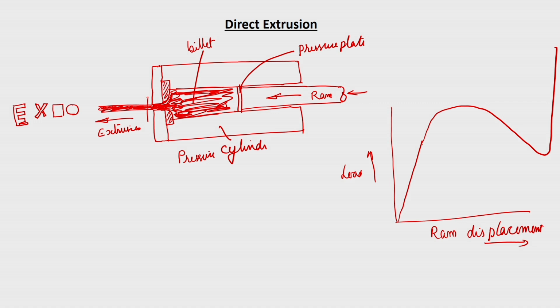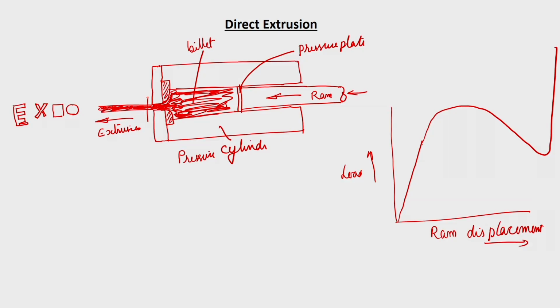So, direct extrusion is very simple in operation, but the main problem is that a high amount of energy and high forces are required for this extrusion process. Towards the end it will increase, because as the thickness gets reduced, as we have discussed even in flash also, the forces necessary for further deformation will keep on increasing. That is why it is moving in this direction.